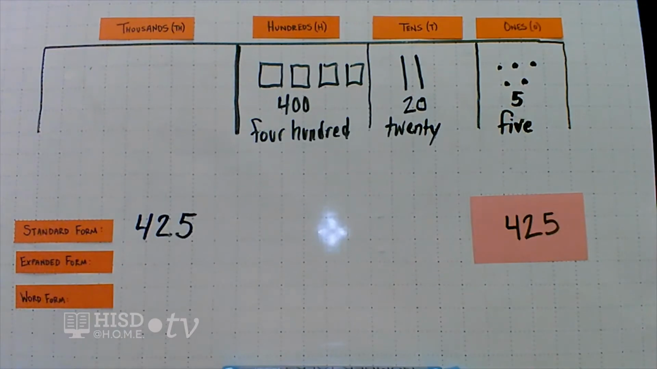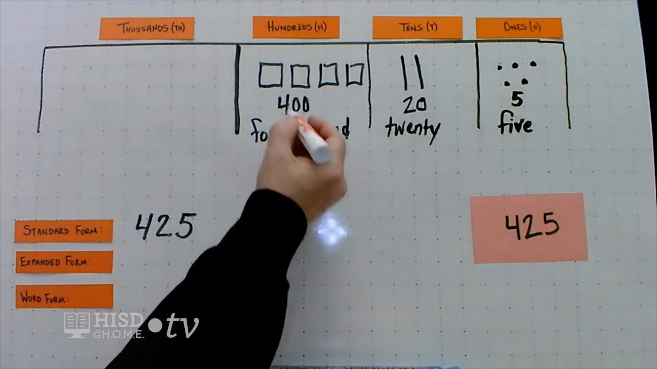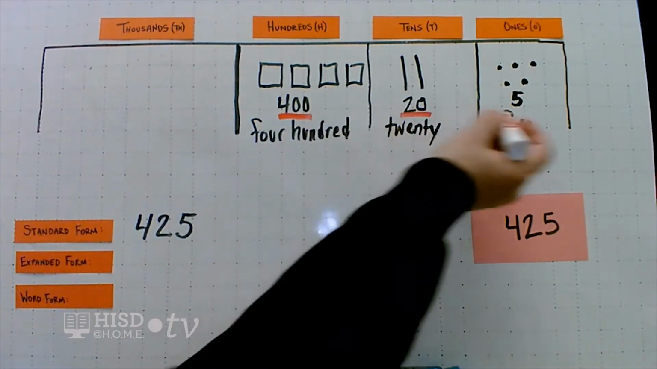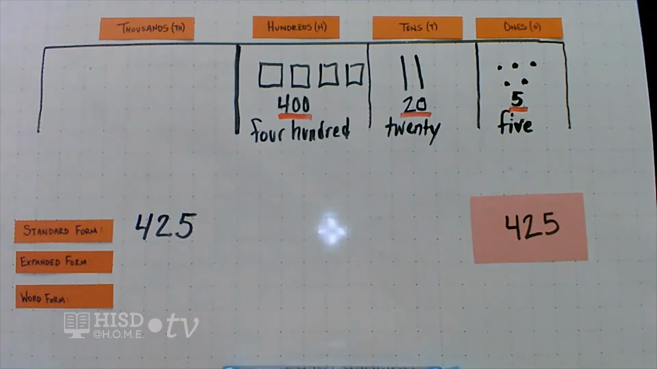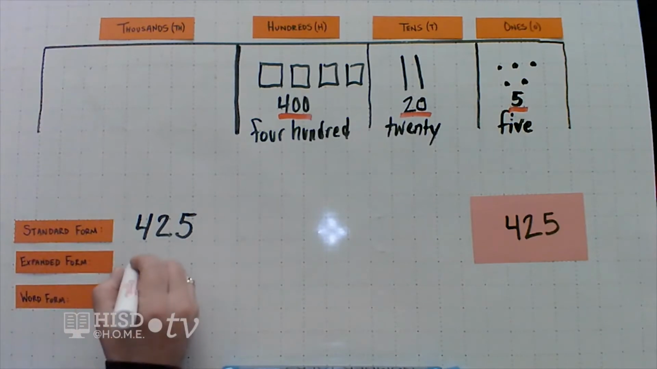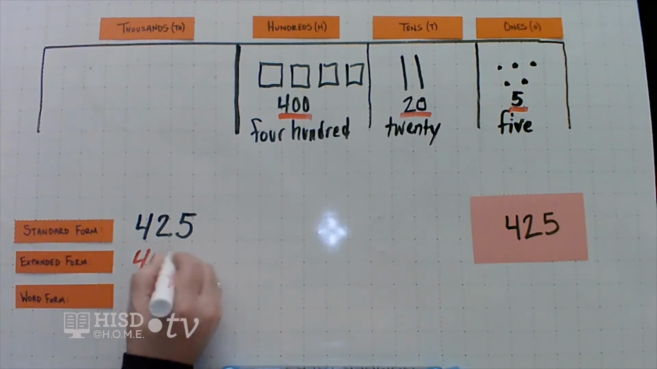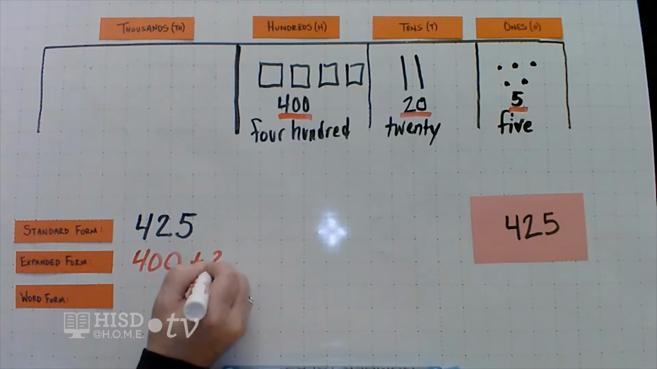Standard form is just a big fancy way of saying, what's our number? Our number is 425. Now in expanded form, we're going to use the number values that we wrote up above to create our expanded form. When we think about expanded form, we're taking the value of each place value position and we're joining them together. So when we represent this, this will be 400 plus 20